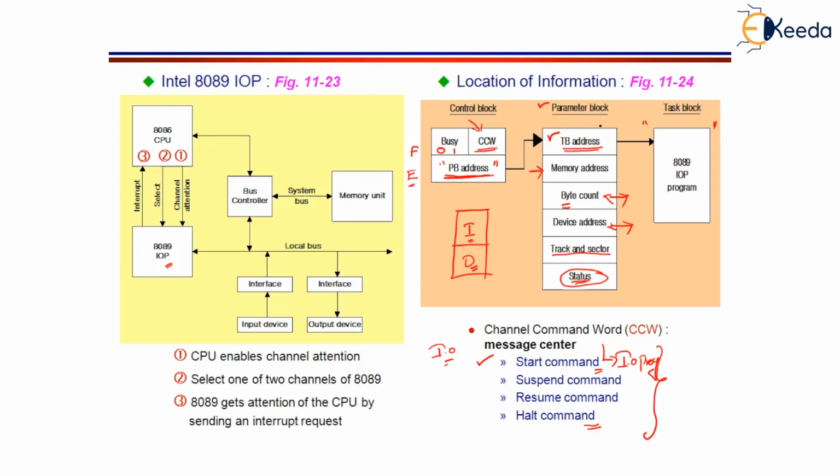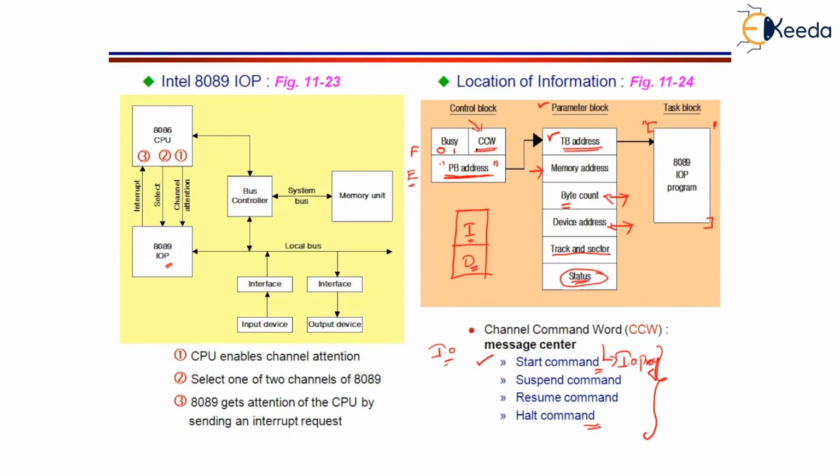After which the 8089 will go to the task block. This task block is a specific section of the main memory in which the IO program is written. So as the IO program is being executed, finally the transfer will be completed. Once again, let us understand the sequence of operations that are performed. When 8086 tries to communicate with the 8089, it uses certain blocks in the memory. Initially, it will check the busy field. If this busy field is 0, then it is going to initiate an operation to 8089.